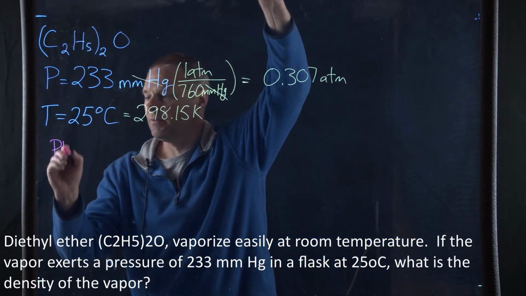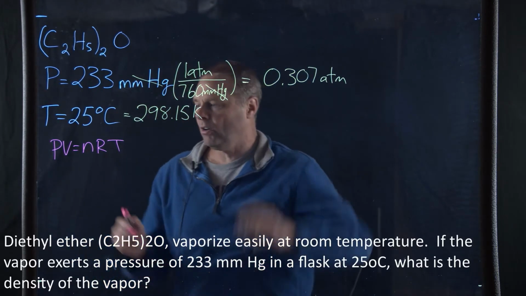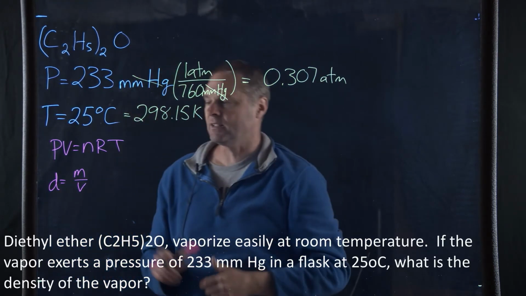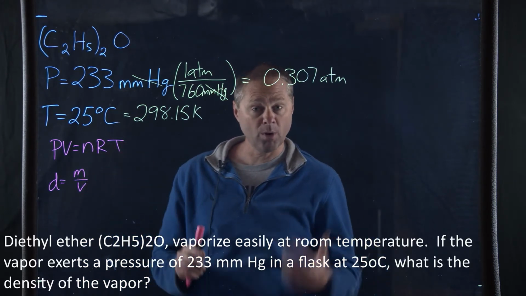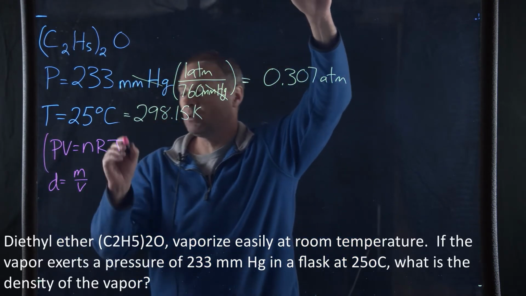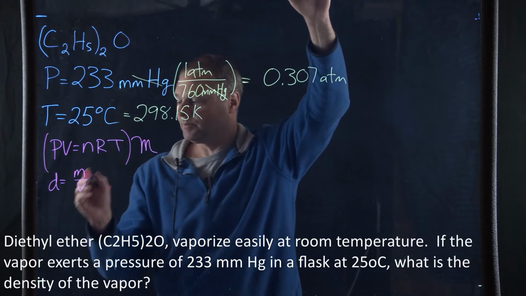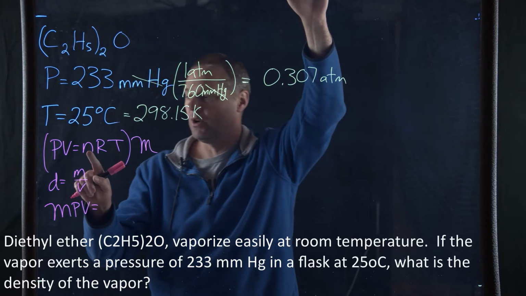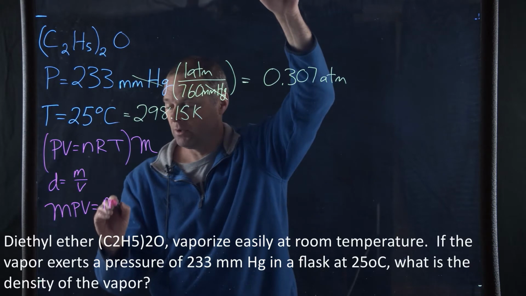So we take PV equals nRT. But recall that density is equal to mass all over volume. But we don't have a mass in here. If we take the number of moles and multiply that by the molar mass, that's going to give us a mass. So we multiply the entire quantity by the molar mass, such that we get the molar mass times pressure times volume is equal to, now if you take the number of moles and multiply that by the molar mass, that's going to give you the mass,